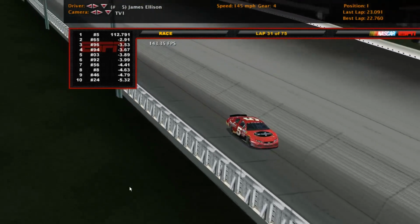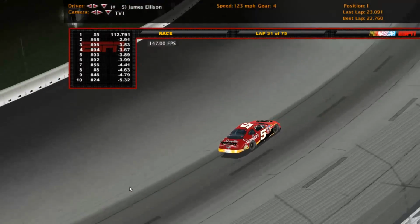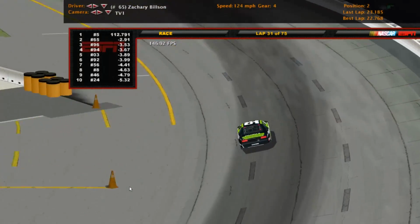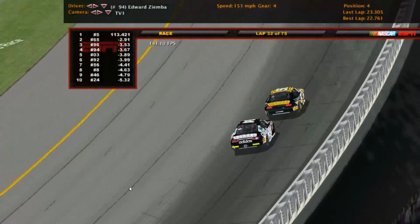But the strategy should be pretty interesting tonight because they have to make 2 stops. So this 5 team has to nail it on lap times and on pit road. Hopefully they can do that. I would love to see that 5 team win after the recent string of bad luck lately. Ziemba is right behind Cal Farrell